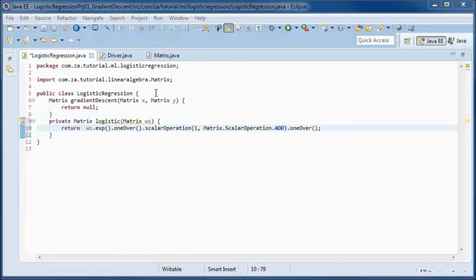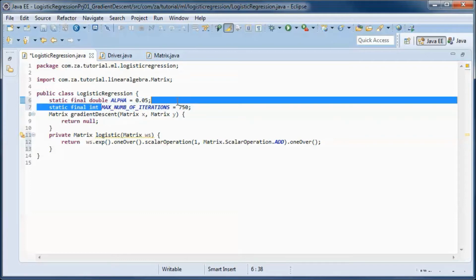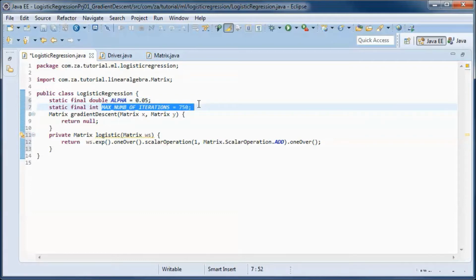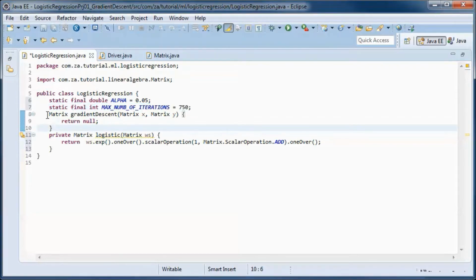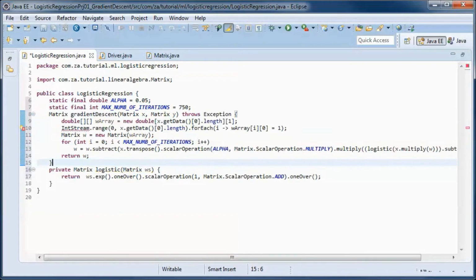And now let's define alpha, and we'll set it to this number for the purpose of this tutorial, and the max number of iterations is the number of times to repeat the gradient descent calculation before finally stopping. And this is the code that does gradient descent.